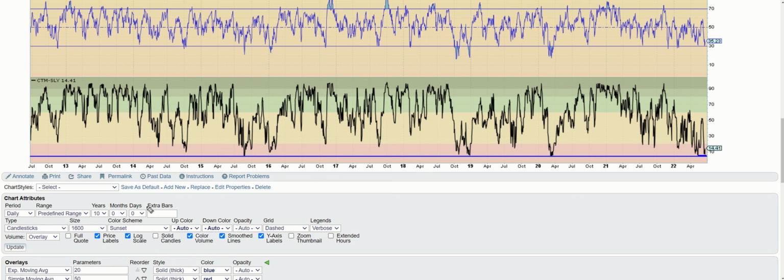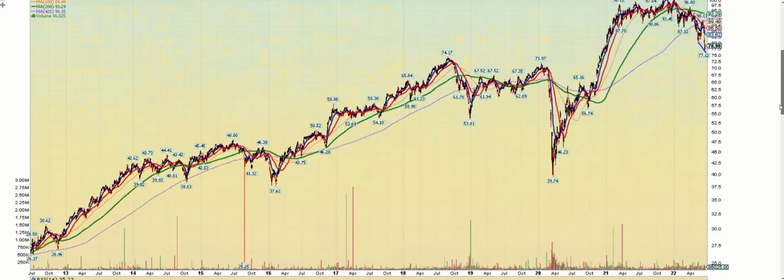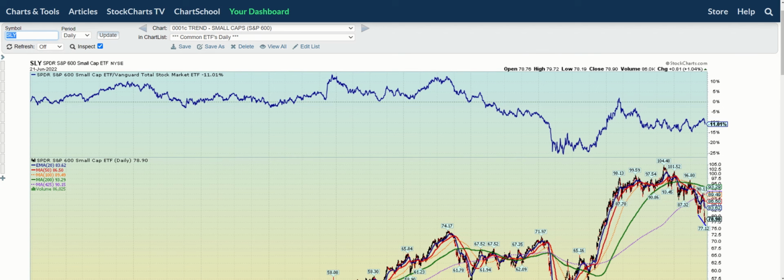This is a 10-year chart. We are at extremes. Could this be the mark of a bottom in the downward momentum, the strength? Let's go